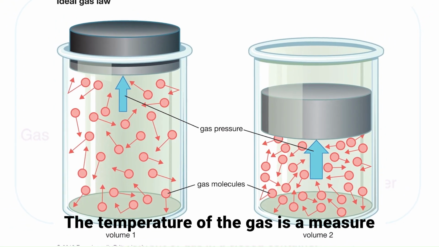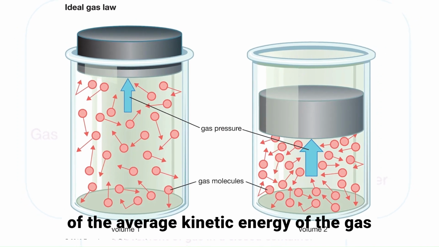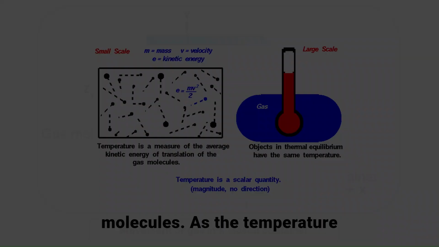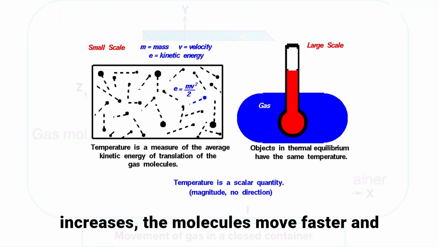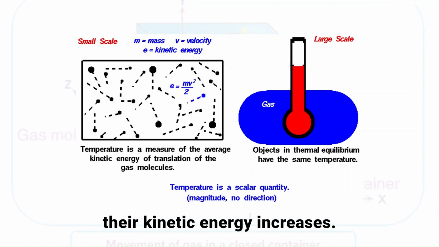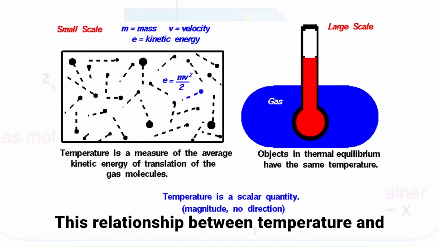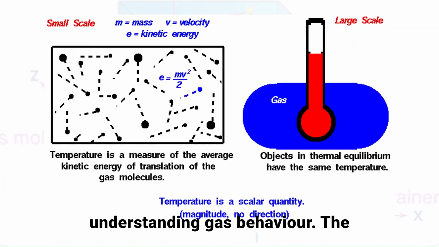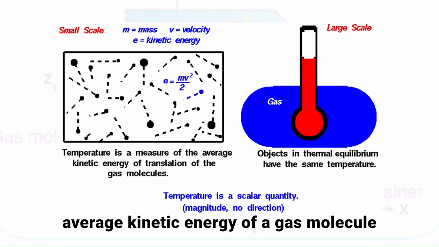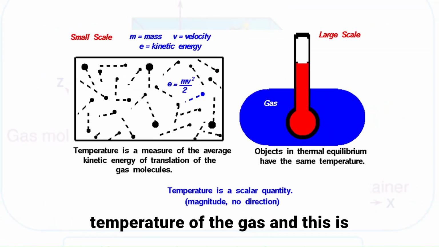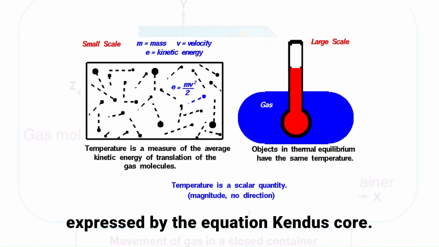The temperature of the gas is a measure of the average kinetic energy of the gas molecules. As the temperature increases, the molecules move faster, and their kinetic energy increases. This relationship between temperature and kinetic energy is essential to understanding gas behavior. The average kinetic energy of a gas molecule is directly proportional to the temperature of the gas, and this is expressed by the equation